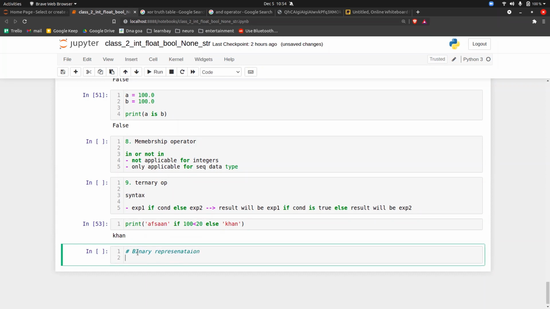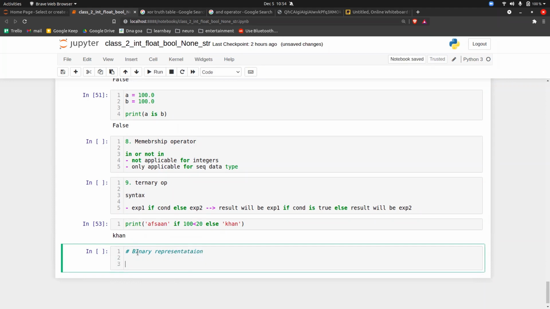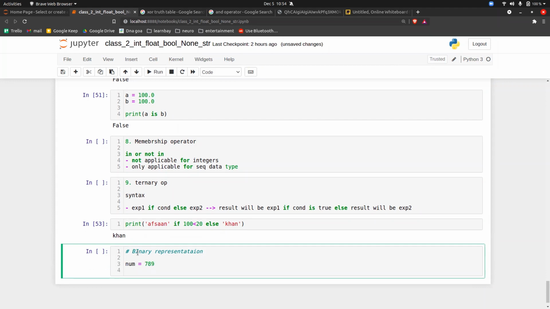For example, let's say you have a number, say 789. What will be the binary representation of 789, guys? You already know the answer for this. So how to do it? Which function to call to know the binary representation?